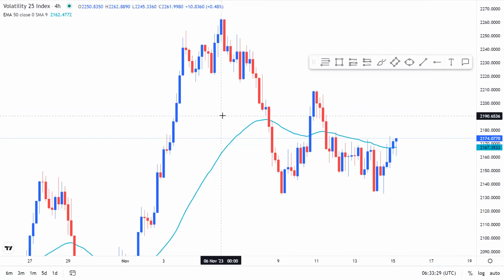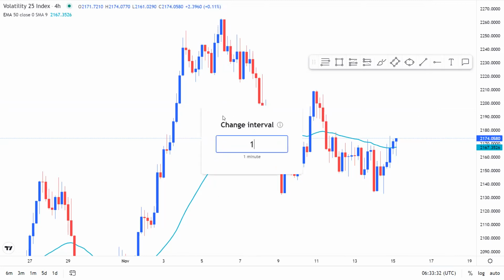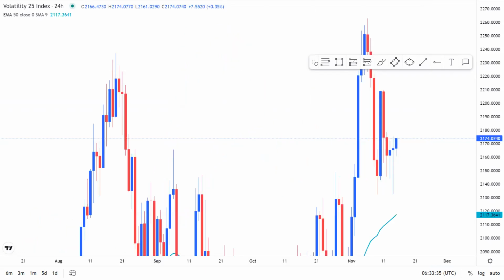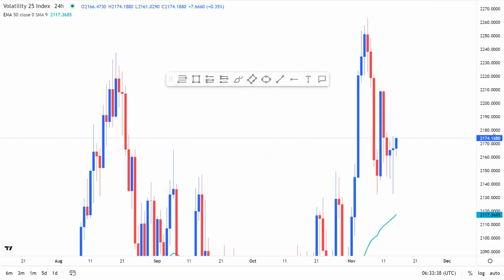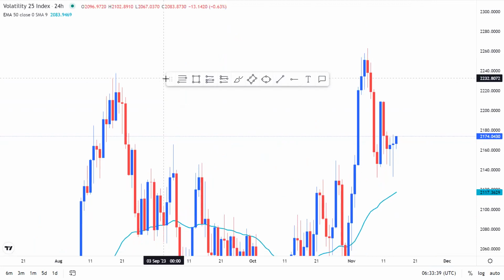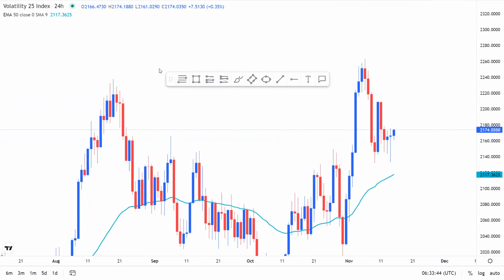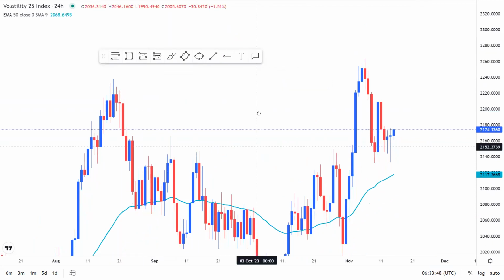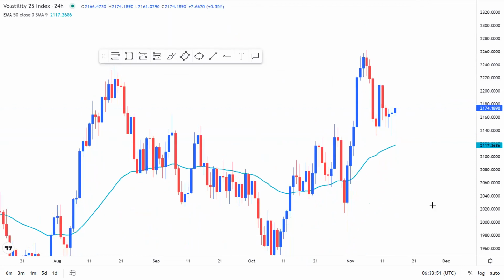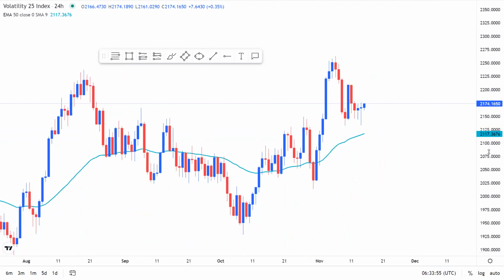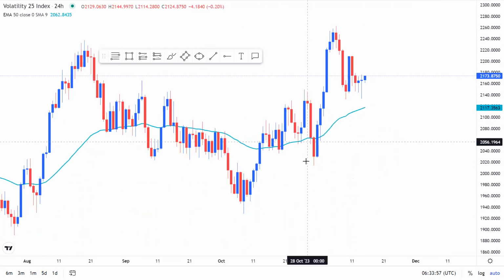Very quickly getting right into the breakdown, starting out with the daily time frame on volatility 25 index. Like I always do, the very first thing is to identify the market's direction. And already on the daily time frame, where is the market headed? You can clearly see the market in a bullish structure,